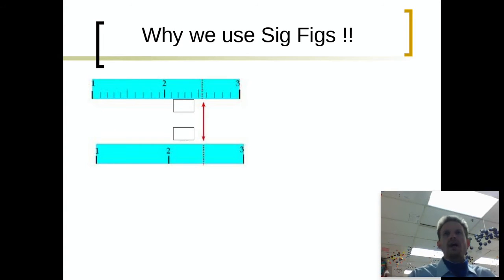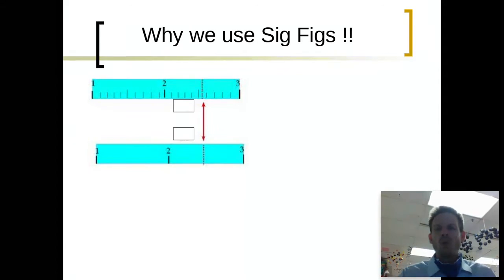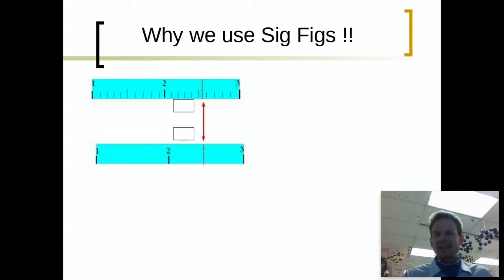All right, our next topic is all about something called Sig Figs. What Sig Figs get us is they end up helping us with our precision and the amount of numbers that matter. So if we go back to what we had looked at before, why do we use Sig Figs? It's because precision, especially in science and really in all of our lives, is something we need to deal with, something that we want,